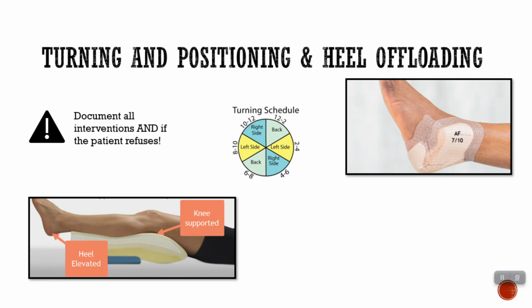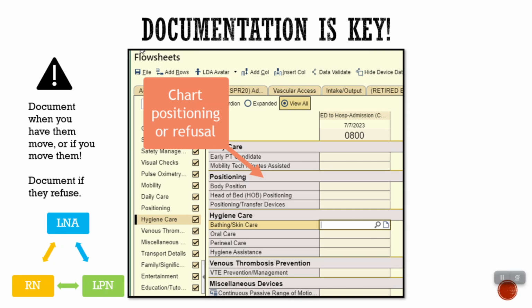Now, I do want to talk about wounds, because if a patient comes with wounds, we now have the option, just like we have the option for present on admission for pressure wounds, we have present on admission for regular wounds. So we have lots of options. Now, here's where it's a team effort. If the patient declines movement, then we need to make sure that we document it. And we need to make sure that we document if we've moved them